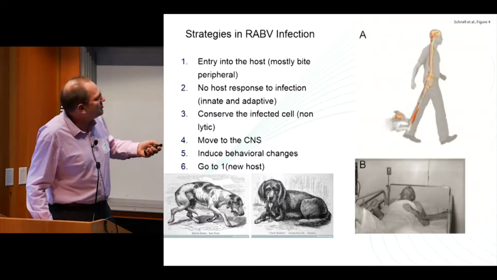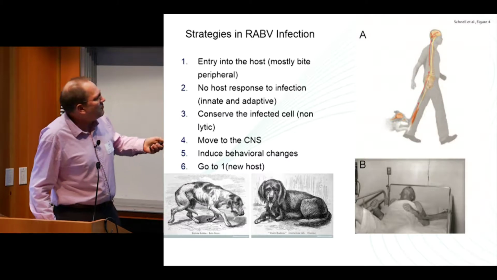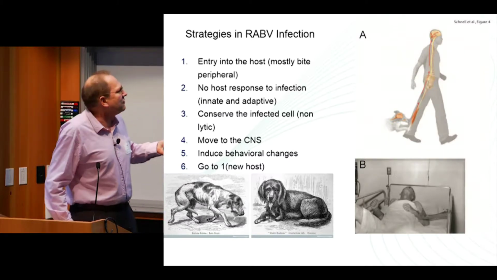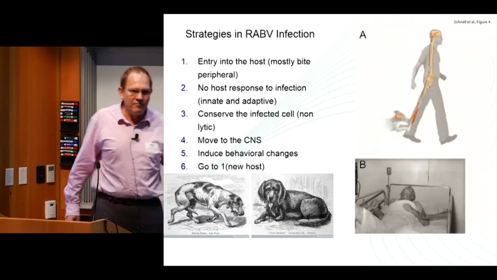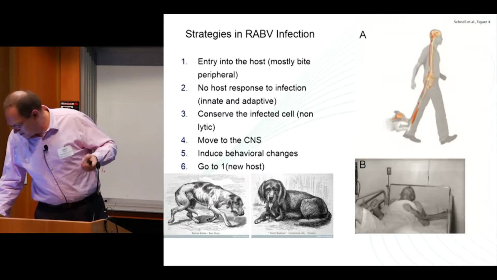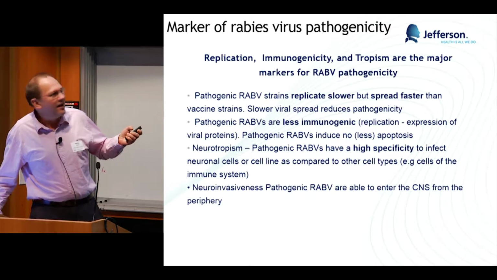That shows these 2 phases, the furious and the dumb, where it's more lethargic. That's more like it is in humans. You really don't have the furious disease in humans. There was a case of a lion with rabies, and they get the furious disease. That's really not what you want, a rabies-infected lion, I guess.